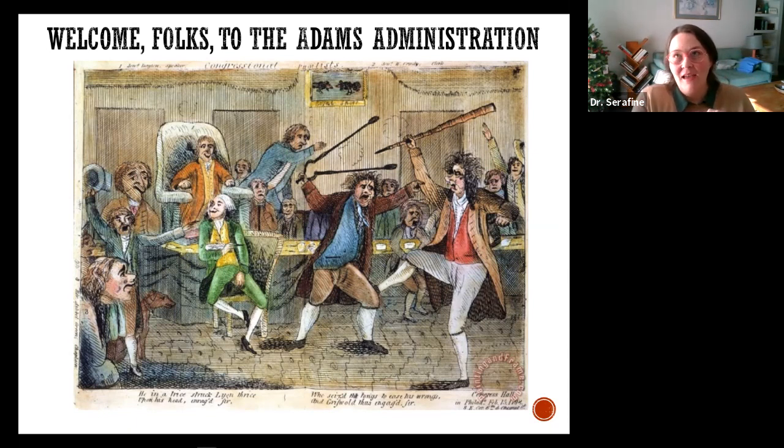Matthew Lyon is an immigrant, and he's a newspaper editor, and he's a congressman. The Alien and Sedition Act is aimed at people like him. It's aimed at making it more difficult to become a naturalized citizen and easier to deport people like Matthew Lyon. It also, the Sedition Act makes criticism of the government unlawful, potentially seditious. So Adams passes a law that says you can't be critical of me.